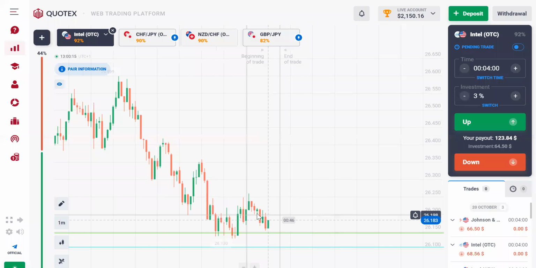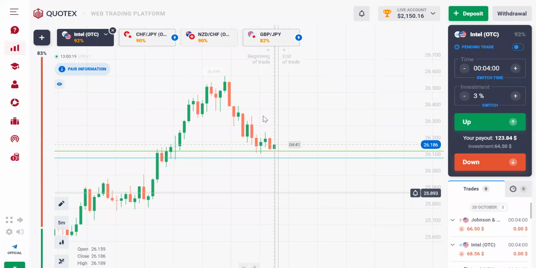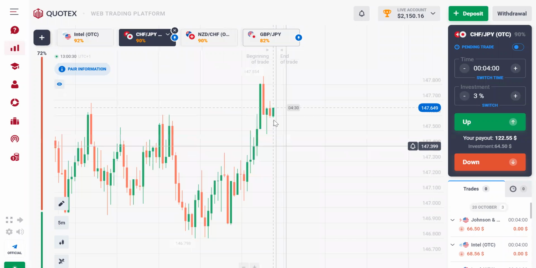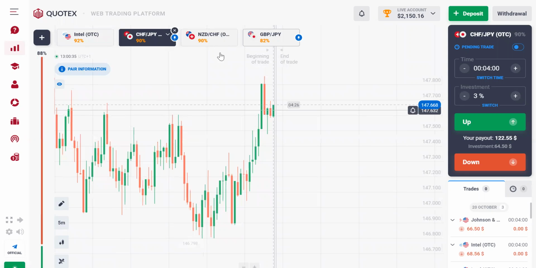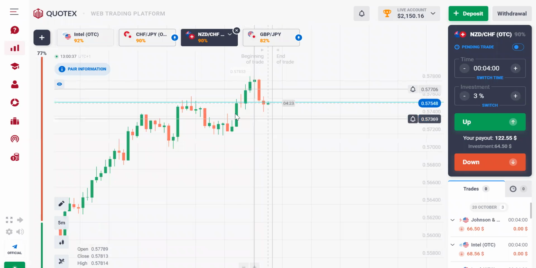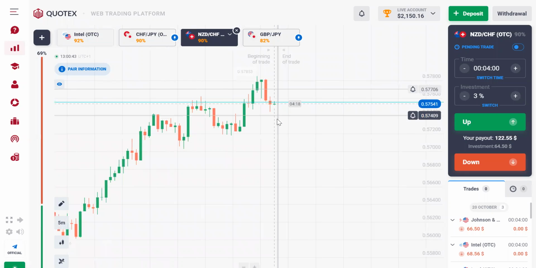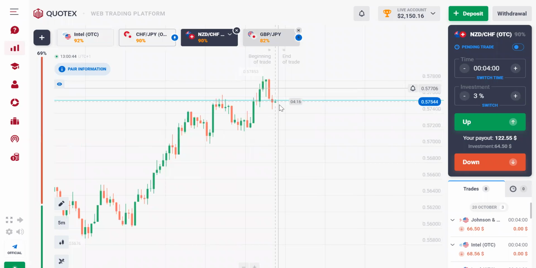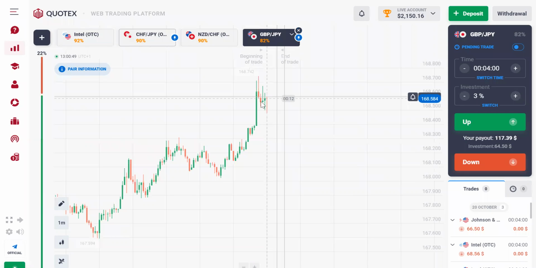Like this one has been on consolidation since now. I outlined this level as the 50% of this range, so that's why the market has been consolidating there. And this one is trading higher high, higher low, but we're getting some consolidation there too. And this one, the market goes here, we're not sure about the next direction either. That's why I'm waiting. And this one, we're seeing long wicks on this market, you can see.